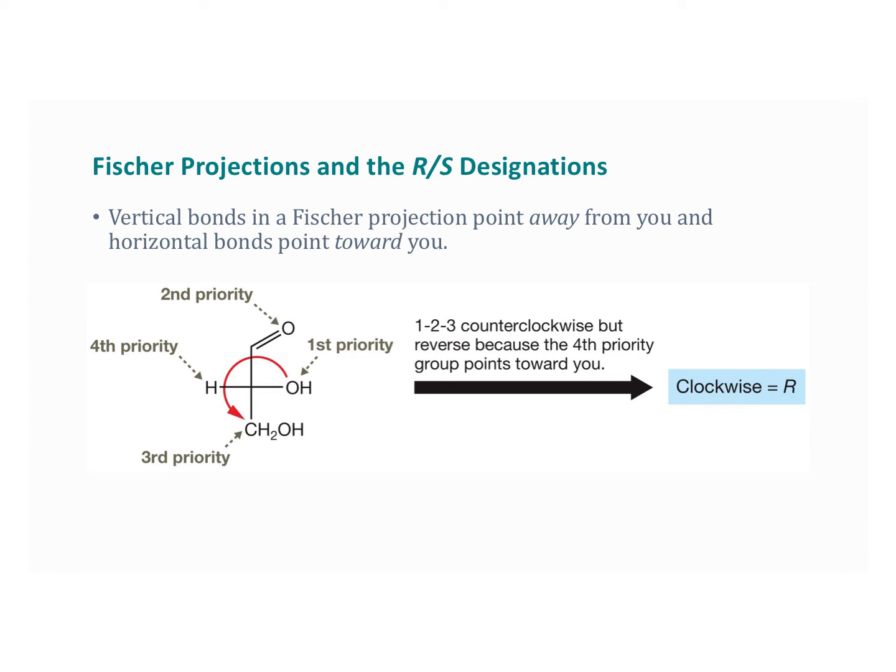Different books treat this different ways, but basically, if you have your 4th priority on this horizontal, instead of saying, hey, look, that's S, you switch it and say it's R. And I know that's confusing, and I apologize on behalf of all the scientists out there. Now,